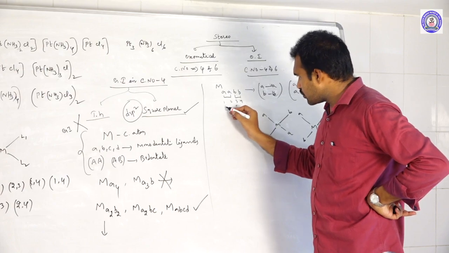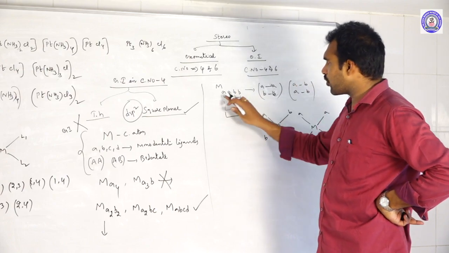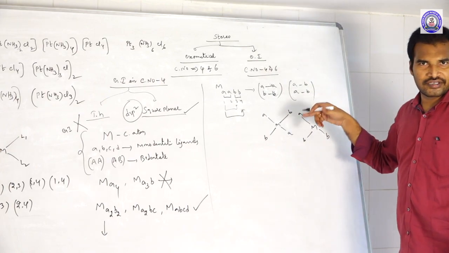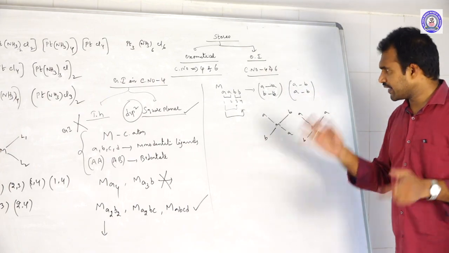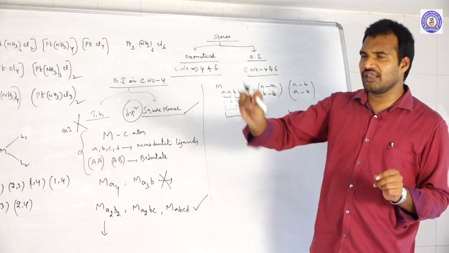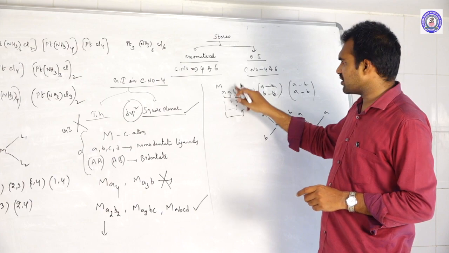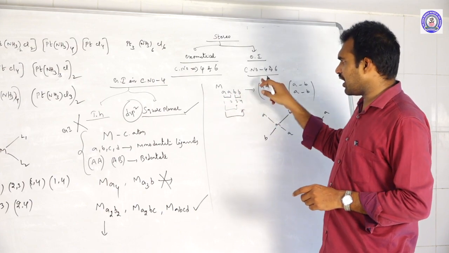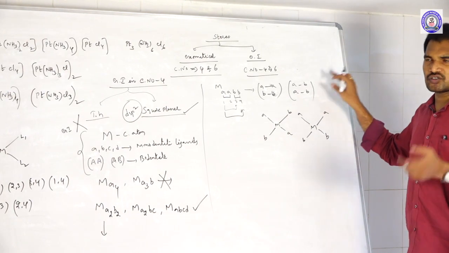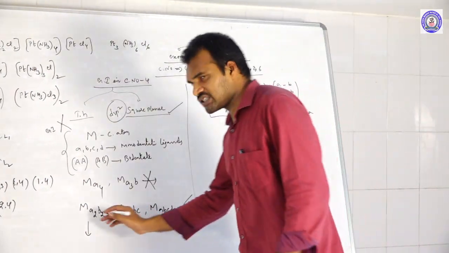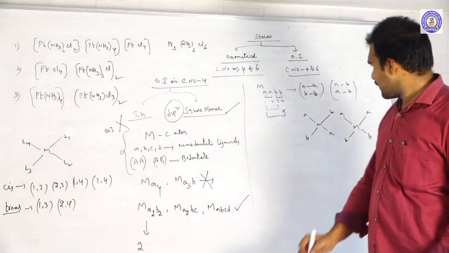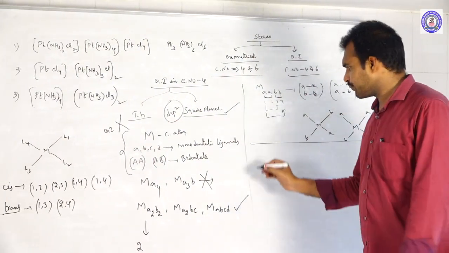Now let us see. Now you join 1, 4. 1, 4 means AB, right? AB already came. So there was no other option. First you write all the atoms AABB, next AB, AB. There was no other option. So total 2 possibilities are there. So how many isomers does it have? My Ma2B2 has 2 isomers. Okay, next check the second one.